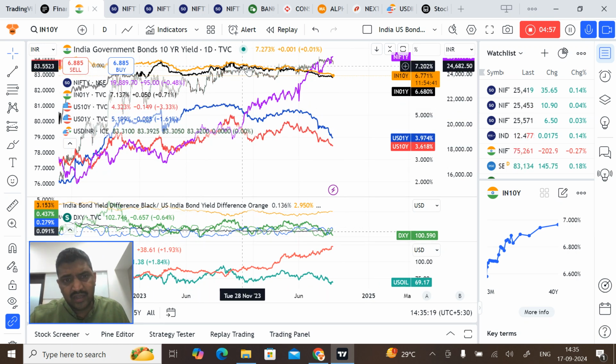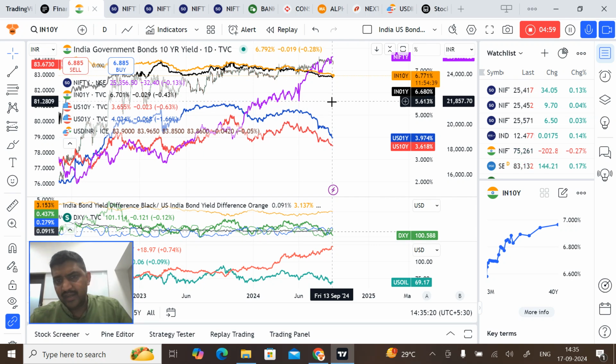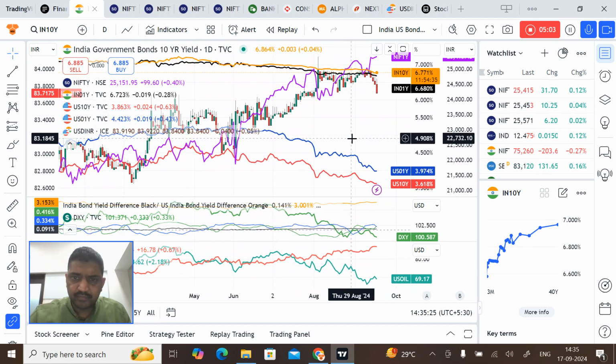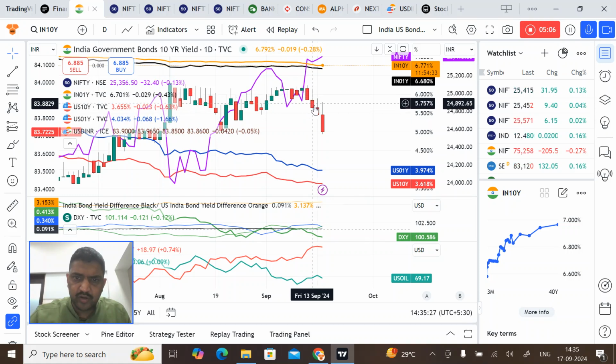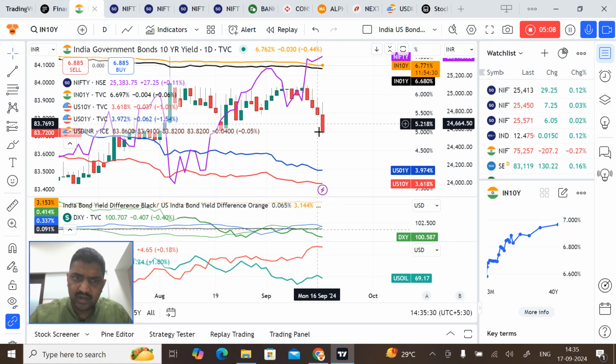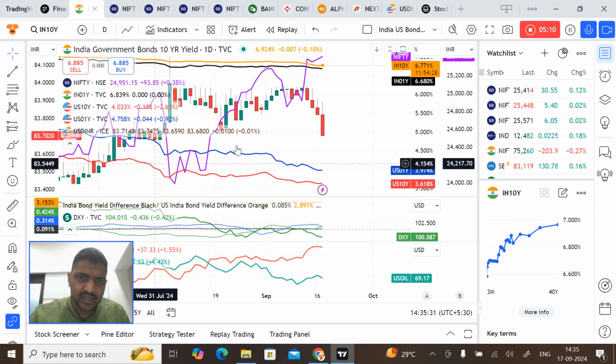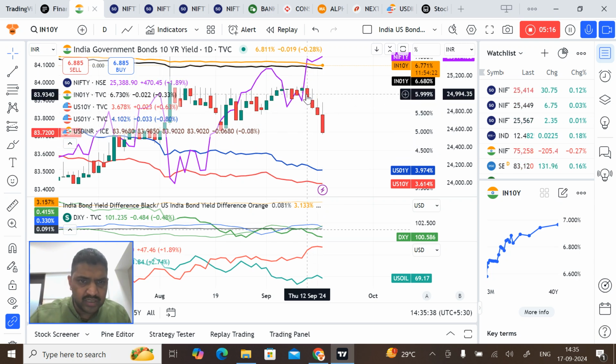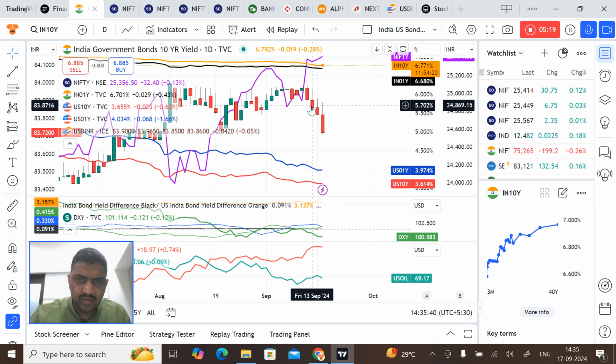that our yields are constantly having a sliding gradient. They are falling down. Now look at the next part. I'll zoom this in, and these candlesticks 1 2 3 4, this is the USD INR. This is the left hand side scale, and you can see, even as we speak, the pressure is on the upside. That means the rupee, like here the closing was 83.90,